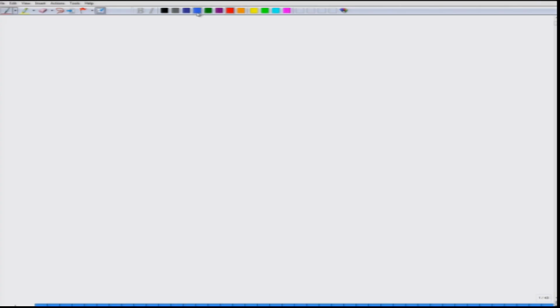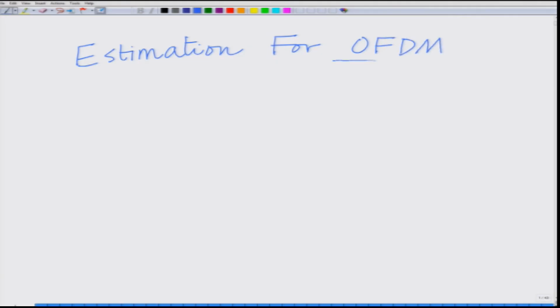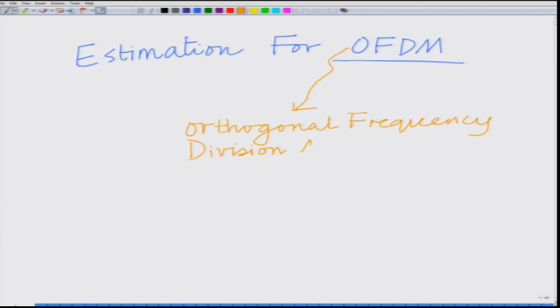So, we are going to start looking at estimation specifically for OFDM, that is our aim starting this module, that is estimation for OFDM, where OFDM stands for orthogonal frequency division multiplexing, and in fact OFDM is a very modern technology and OFDM is